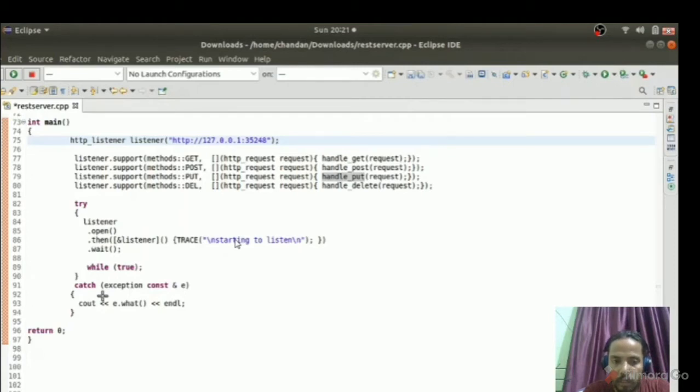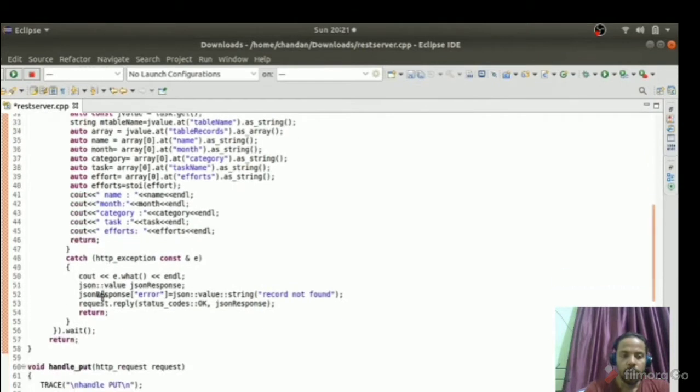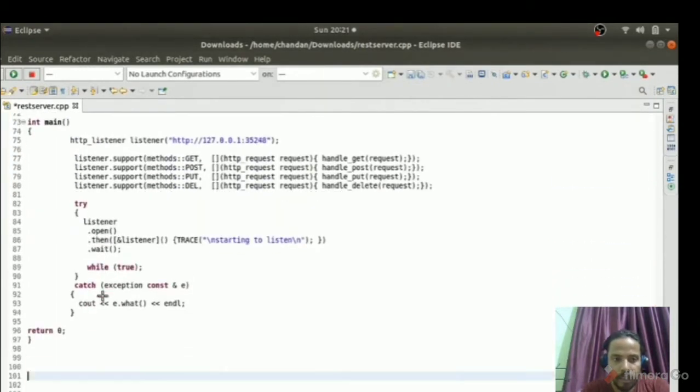So today I will demonstrate the front end and the back end: the back end in C++, but the front end in PHP and JavaScript. But my main focus today is only to talk about how to receive the POST request from the web GUI. So let's see the implementation of CPP REST SDK.